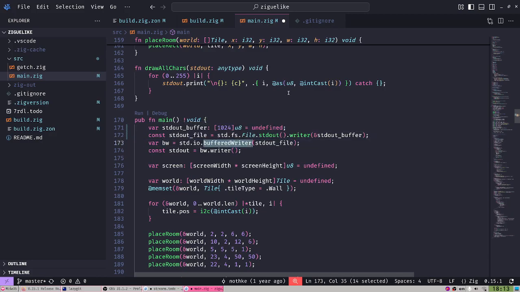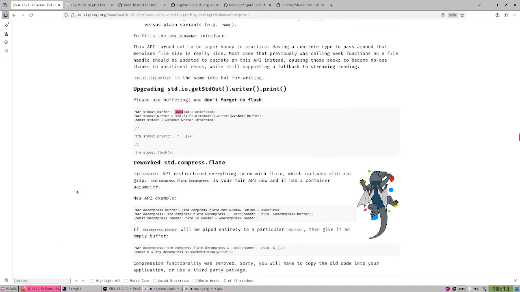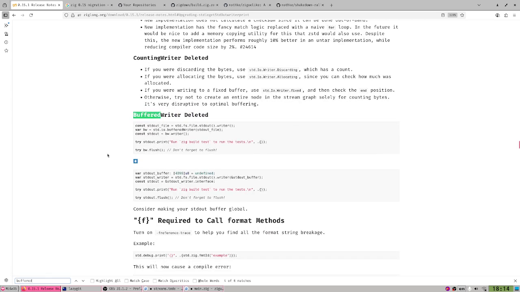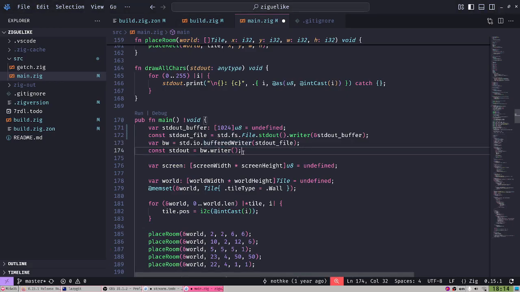So the buffered writer, do I actually use the buffered writer or not? Is there like a buffer? I think buffered writer has been completely deleted. Yeah, right. And now you're supposed to just use, oh yeah, well, I guess you just provide a bigger buffer if you want to have a buffer. But yeah, this is the basic buffer now. And yeah, you just get the interface now as the stdout, instead of the buffered writer, which doesn't exist.